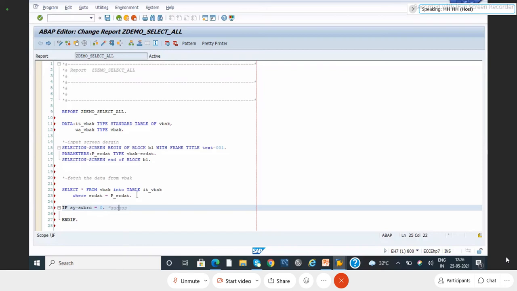You can even write it in reverse also. If not equal to 0 means failure. NE is what we use for not equal to. Equal to can be EQ, or simply the equal to symbol, because our keyboard doesn't have a not equal to symbol, right? That's why we are using NE.